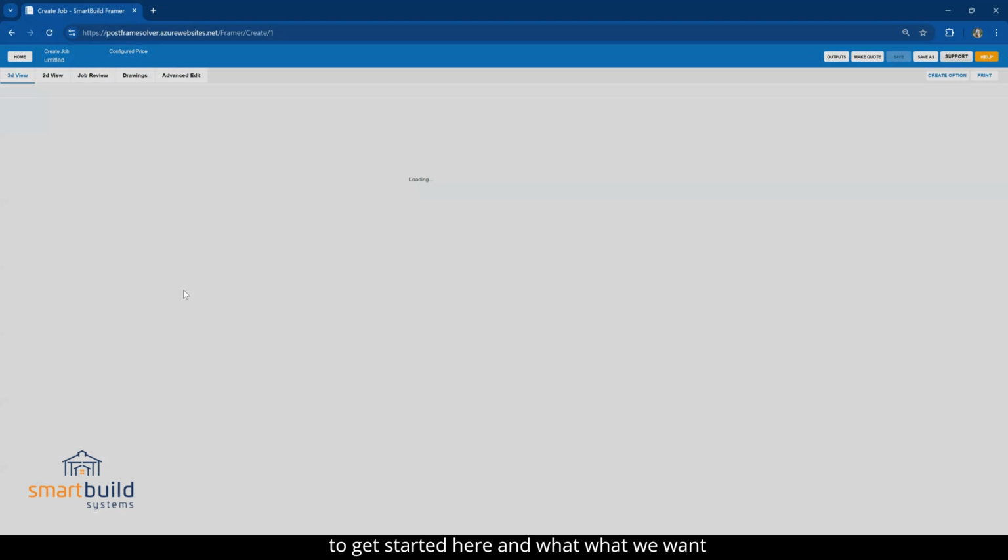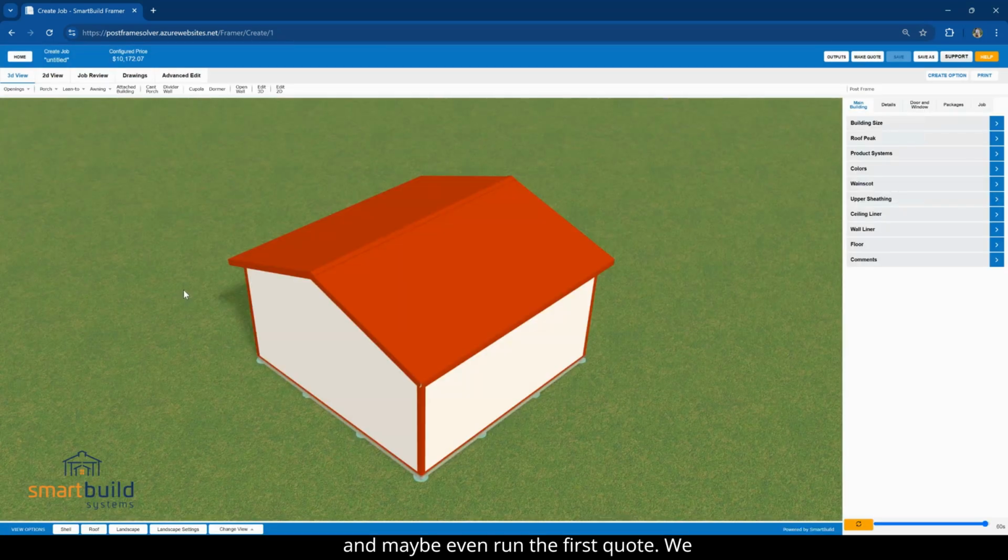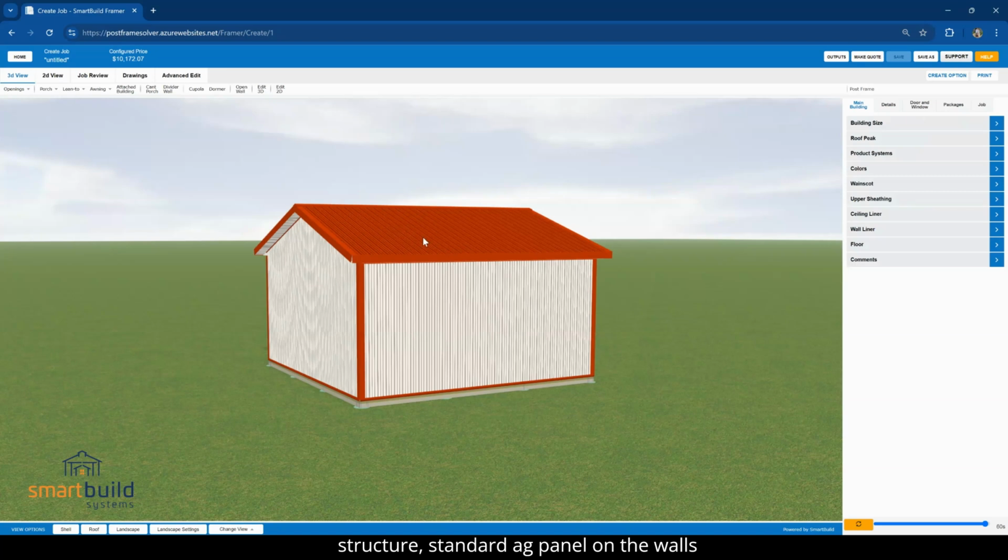What we want to do in this video is just go over what we'll call the basics of Smartbuild. So if you know these basics, you can get up and running and maybe even run your first quote. So we have a job loaded here, a post frame structure, standard ag panel on the walls and roof with a small overhang. So starting over here on the top left,